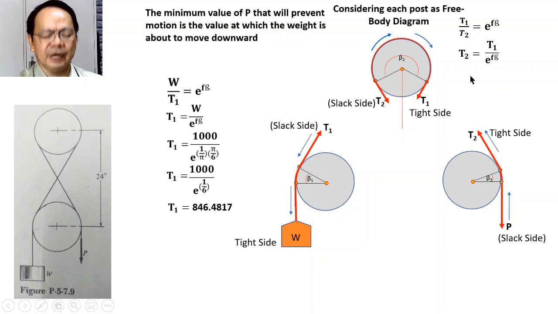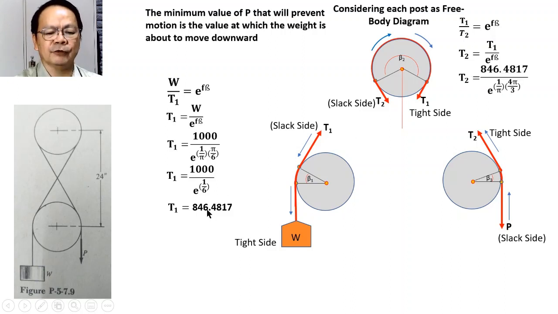Therefore, the value of T sub 2 will be equal to 846.4817 divided by e raised to 1 over pi times 4/3 of pi. Again, here, pi will cancel, therefore T sub 2 will be equal to